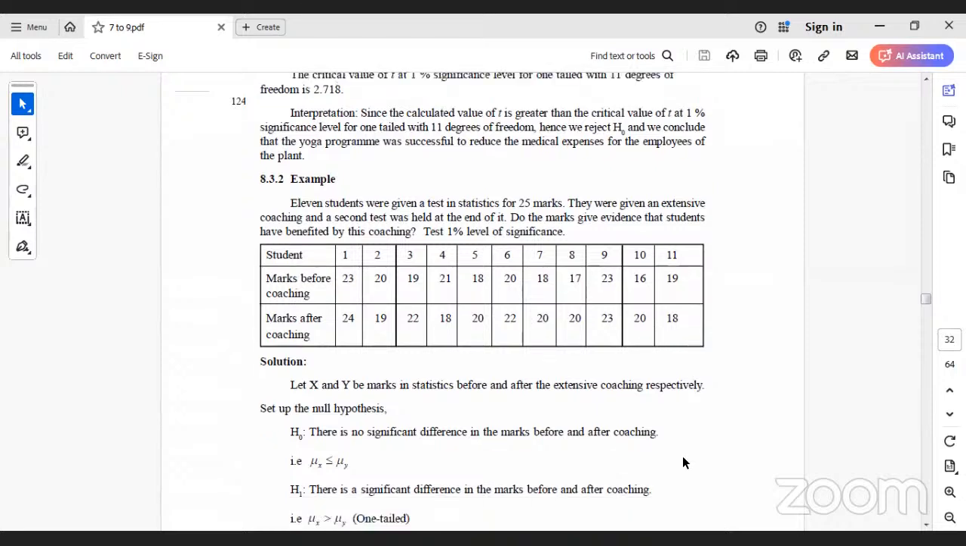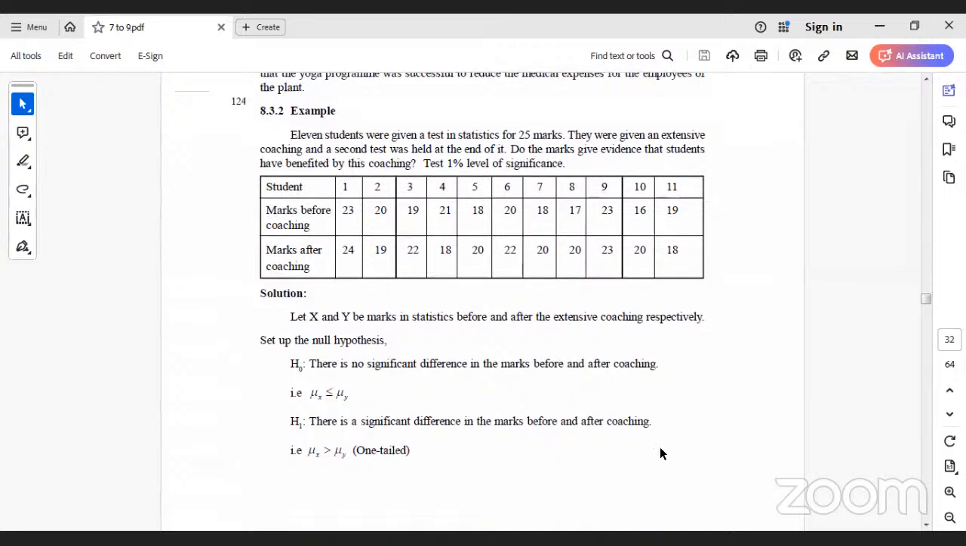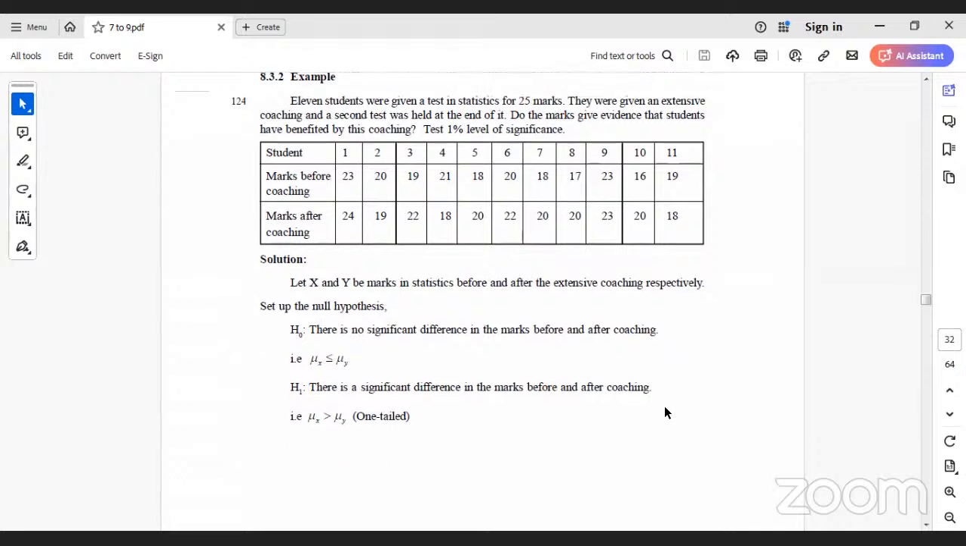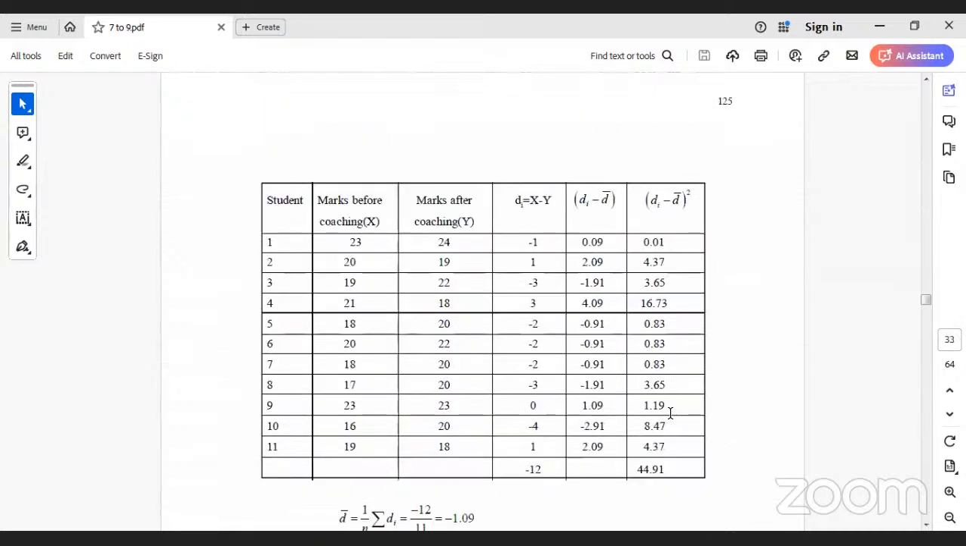Let x and y be the marks in statistics before and after the extensive coaching respectively. Set up the null hypothesis: there is no significant difference in the marks before and after coaching, mu x less than mu y. The alternative: there is a significant difference in the marks before and after coaching, mu x greater than mu y, which is one tail. So here